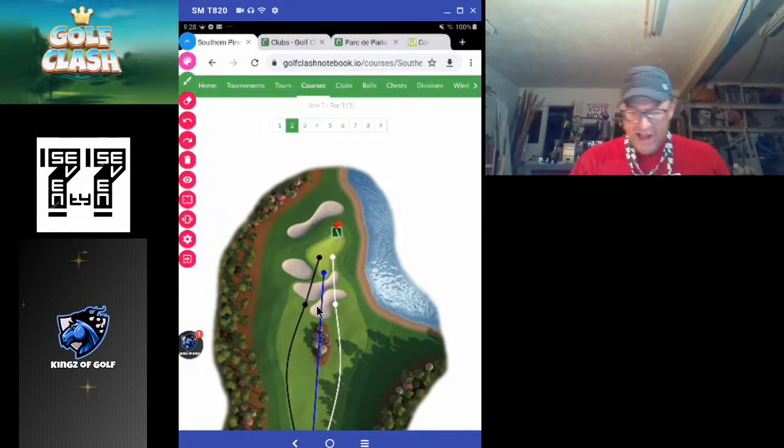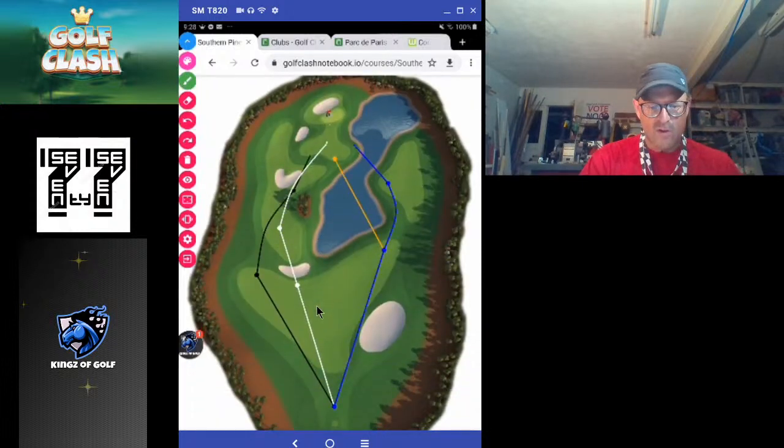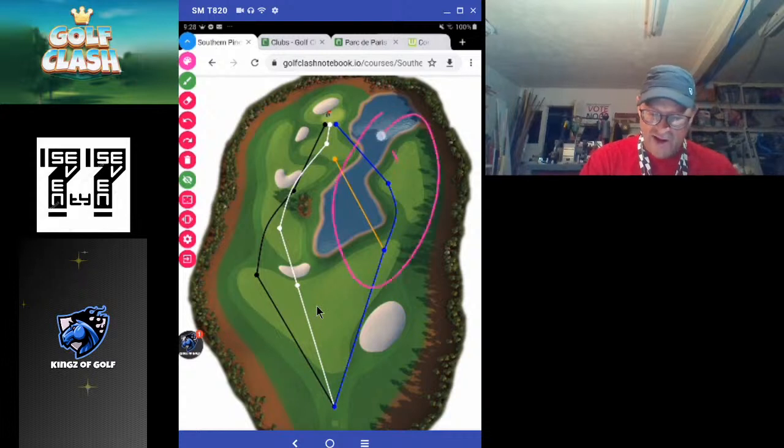Hole number 9 of the 2020 Summer Major is going to be Southern Pines, hole number 4. And this is another hole. I'm not sure when Golf Clash Notebook put this orange line in to bounce over to that spot, but the only time I've ever been able to have anything happen on this side is when I hit this shot out into this area as far as I can to see if I could get up into here,